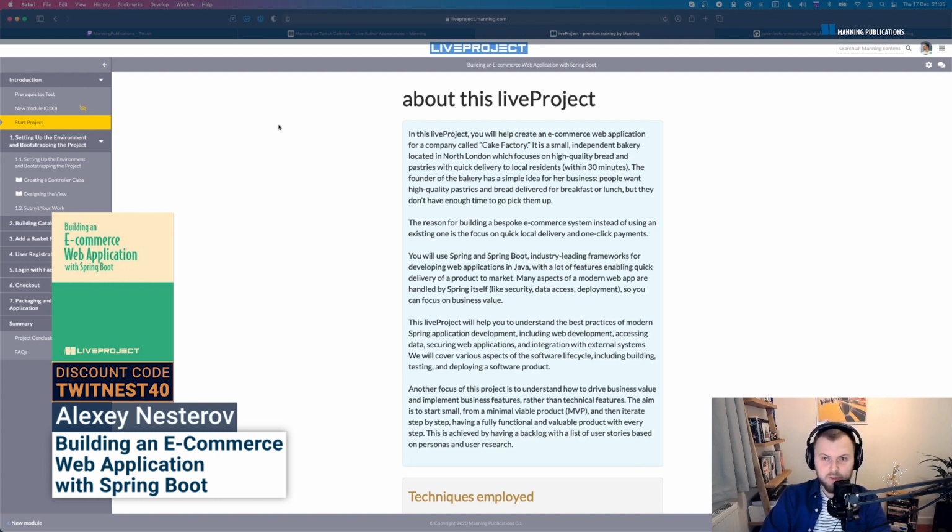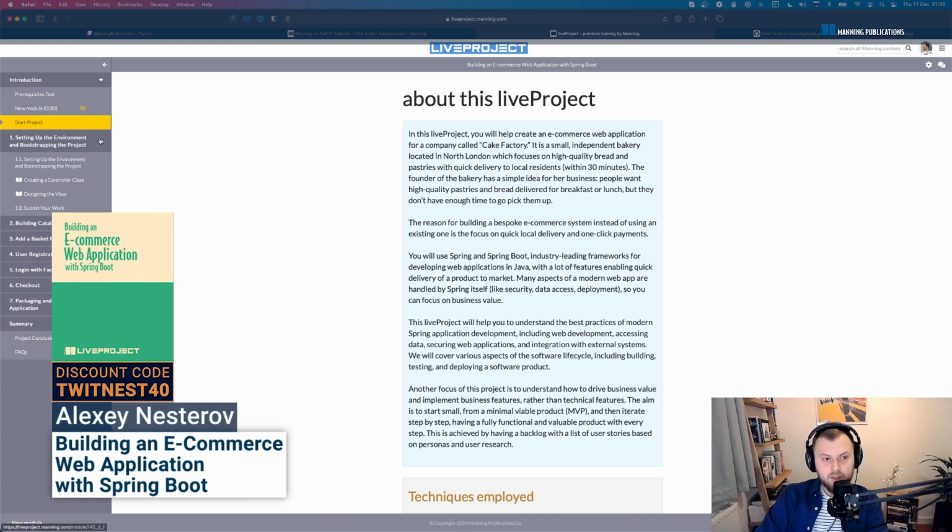If you're coming from a different technology, say Node.js, Python, PHP or something, and you want to learn a little bit of Java and modern Java development, or maybe you're an experienced Java developer who doesn't know Spring Boot, maybe you know other frameworks in the Java ecosystem and want to learn Spring Boot, then this project is for you. You're going to learn the fundamentals of Spring Boot, how to build a structured application, and how to drive your application from the very beginning to the very end.